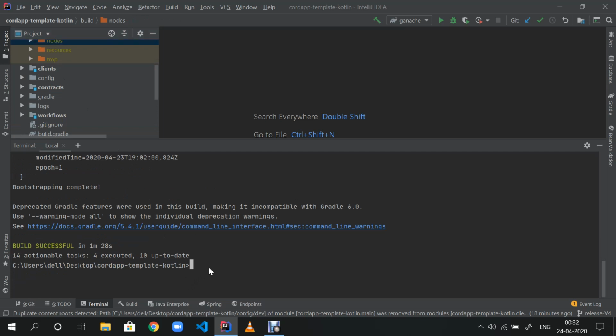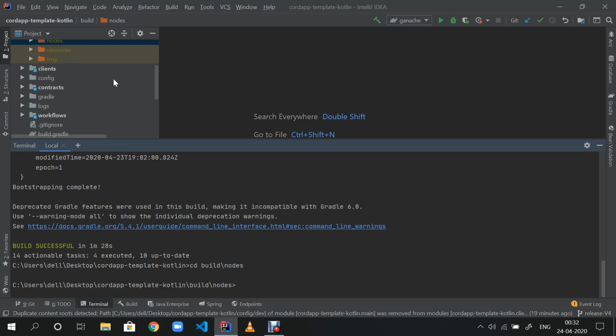So our build is complete and deploy nodes is also complete. The next command will be to run our nodes, or you can say to run our Cordapp. So I just change my directory to build slash nodes.